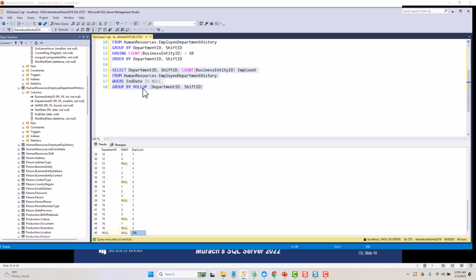And before we change over, let's change this to a cube. If I go ahead and do a cube, this is going to essentially give us every dimension as far as the results. Let's change this just to look at it from the department ID first. We can add the shift in later. If we execute this, right now we see that it's just giving us the null for that. If we add in our shift,